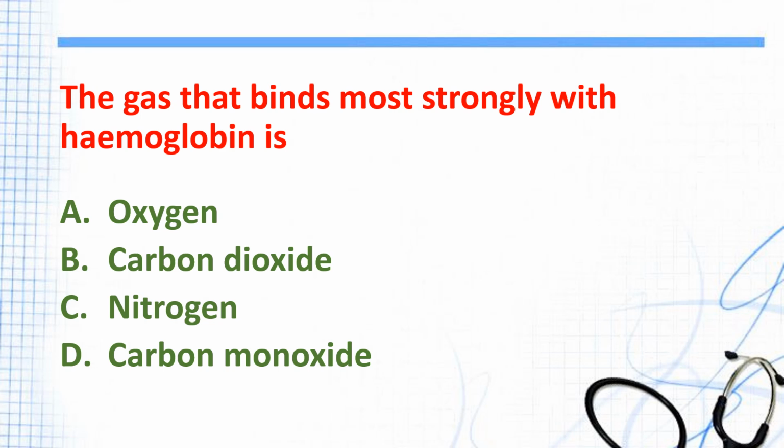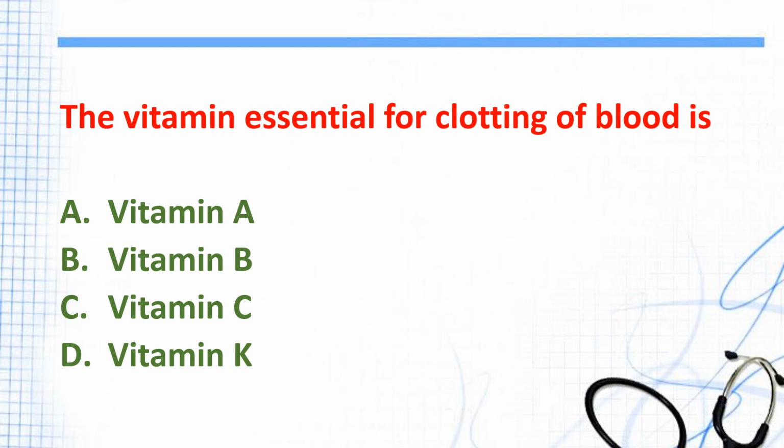The gas that binds most strongly with hemoglobin is A. Oxygen, B. Carbon dioxide, C. Nitrogen, D. Carbon monoxide. And the answer is D. Carbon monoxide. The vitamin essential for clotting of blood is A. Vitamin A, B. Vitamin B, C. Vitamin C, D. Vitamin K. And the answer is